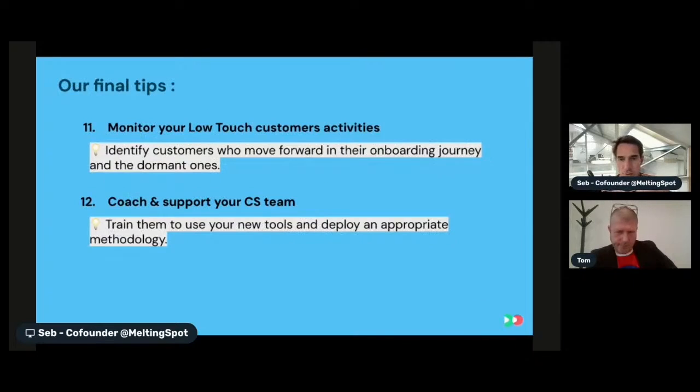And our final tips are as follows: monitor your low-touch customer activities. Know which activities work, which activities don't work. So don't just go, okay, I think I'm going to try webinars this month, and not follow up on how many people were invited, how many joined, how long they stayed. Same with forums. If you start a forum, or if you allow your customers to reach out to other customers one-on-one with an in-house internal messaging system, track messages exchanged on the platform. See if it's working.